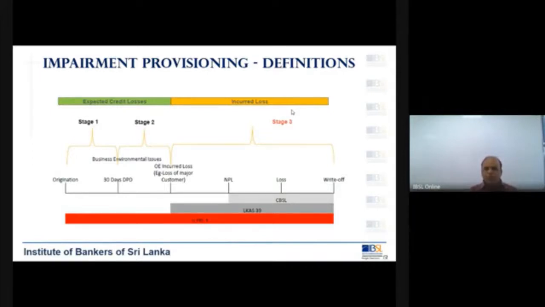Because when you give a loan, you agree with the borrower, okay, I'm giving you a loan today. You need to pay it off within a period of 5 years. So your maturity date is set from today after 5 years, right? And you also agree on certain other terms and conditions, where you agree on a monthly or maybe quarterly installment, and how that installment is made up of, how much of capital, how much of interest, and also most importantly, what is the interest rate applicable for the loan?